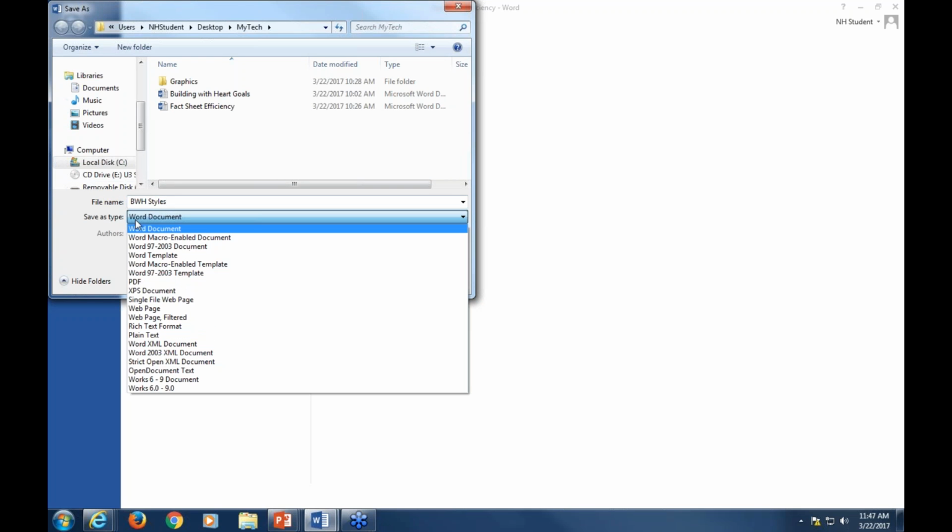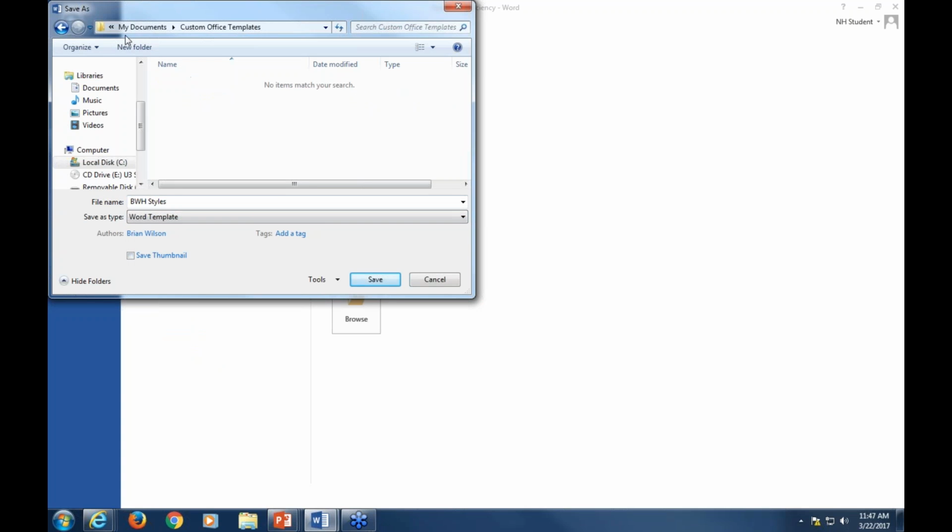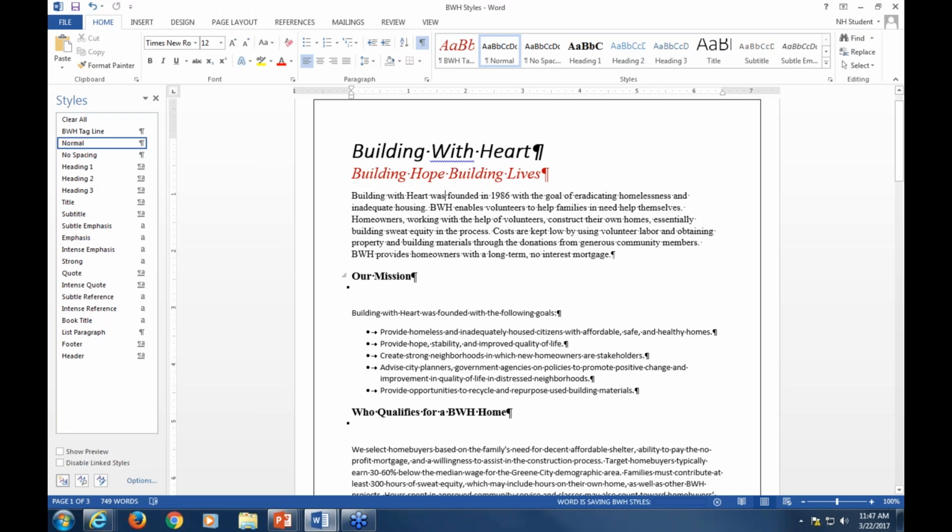For the Word document, I would now tell it I'd like to save this as a Word template. That's going to redirect me to the Custom Office Templates folder on my computer's hard drive. I click Save. And now I've created a template. The next step would be to actually create a document off of this template. So I would do File,